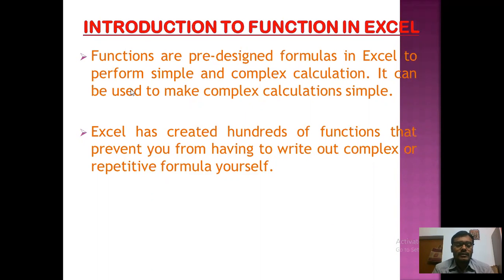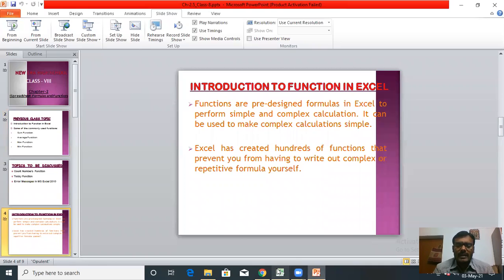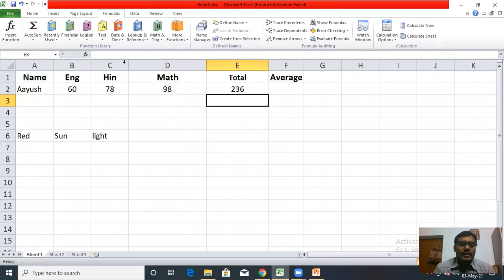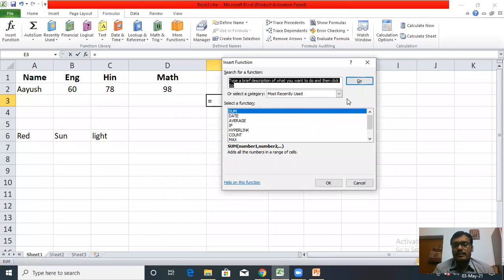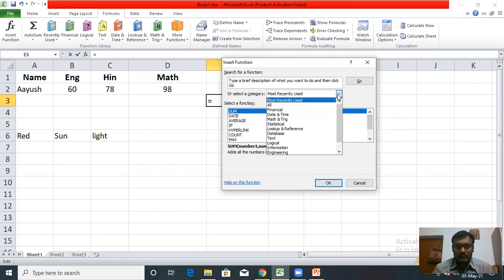yourself. You can see when you open Excel sheet and when you click on this fx function, okay, you will find a lot of functions are available here. You can see different types of functions related to financial, related to date and time, math entry, statistics, different functions.